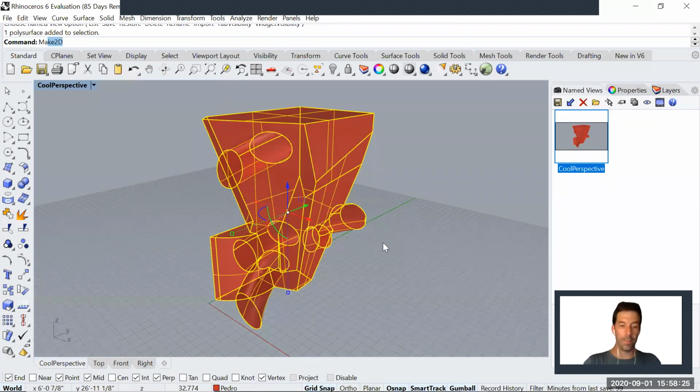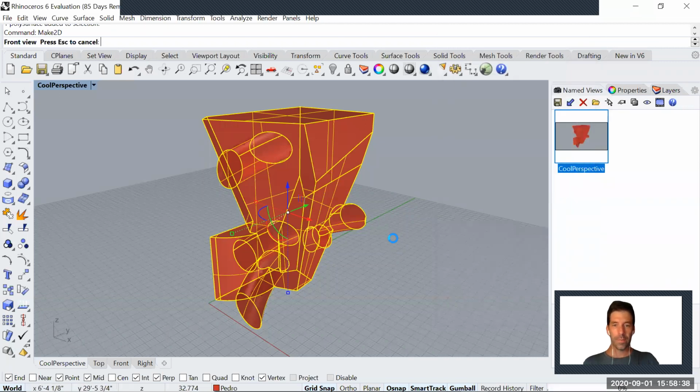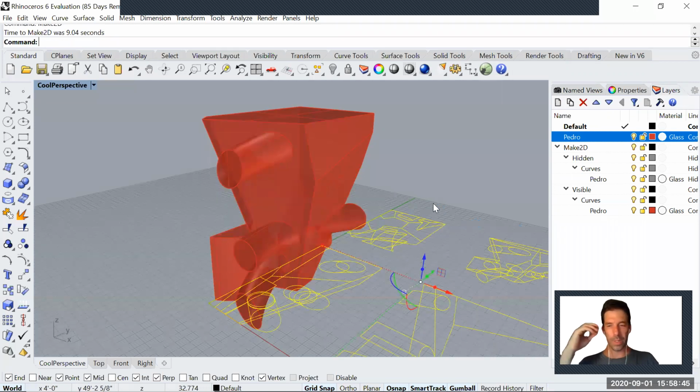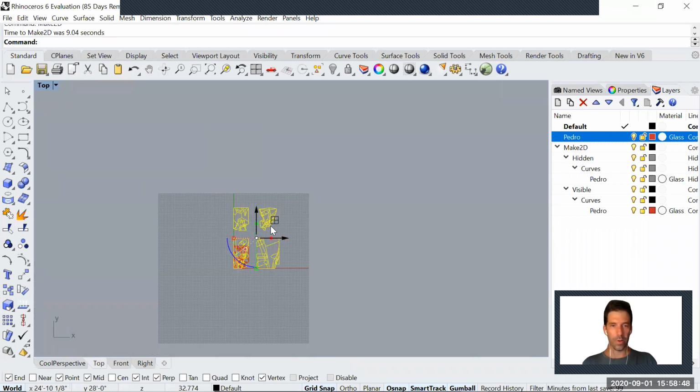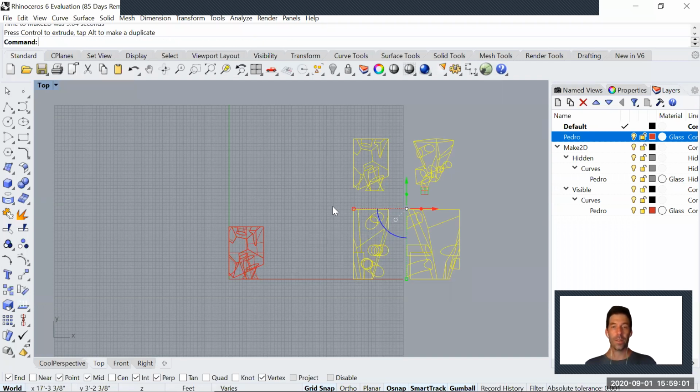Okay, so now it's always the same. Make2D, click enter. Maintain source layers, hidden lines, and here's cool perspective. So I'm going to say okay. It takes a little time. The layers start adding different layers to that. And it's taking longer just because I have Zoom open, but otherwise it wouldn't take so long. I'm going to go to the top view and move, pressing the arrow, and before I deselect the lines to the side, so they're not on top of the project. Okay, here it is, select,